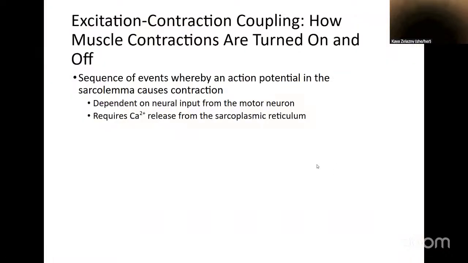So spend some time working through that cross-bridge cycle and getting to know the structure of the sarcomere. And when I see you guys next time on Friday, we'll finally get back to that calcium piece and think about how we are turning on the cross-bridge cycle. Like, how do we know that it's time to